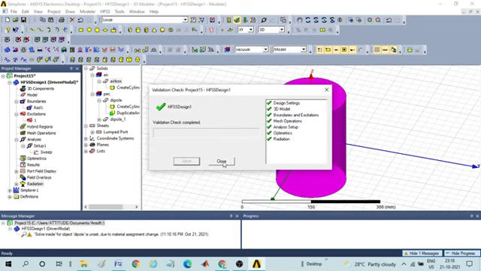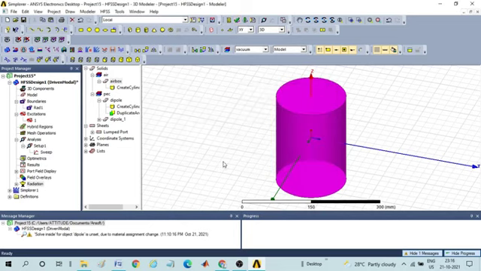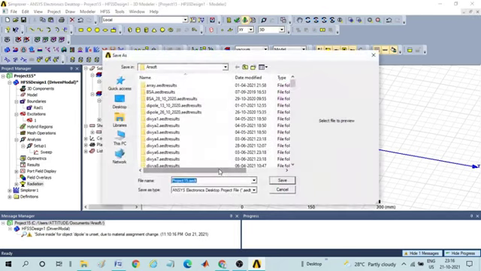Now let us validate it. All are green ticks, then it means it is perfect. Suppose if any red tick is coming, then you need to check out what was the mistake. Any mistakes are there will be shown here in the message manager window. So you need to understand what is the actual problem there, or else you have to work out from the starting. Go to analyze all.